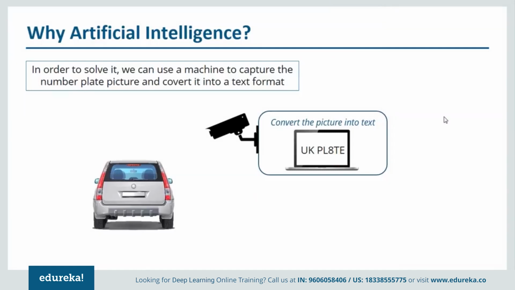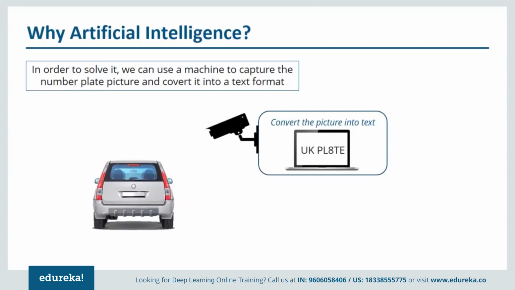Similarly, you can think of many other examples as well. It is used to recognize a sign, for example in banks, to authenticate whether that person is the bank customer or not. Apart from that, it is even used for self-driving cars as well. In the US, around 30,000 people die every year because of road accidents. That can be completely removed if we use self-driving cars, which are based on the concept of artificial intelligence. And you might find it very fascinating that people in MIT are using artificial intelligence in order to predict the future. So you can imagine why we need artificial intelligence.